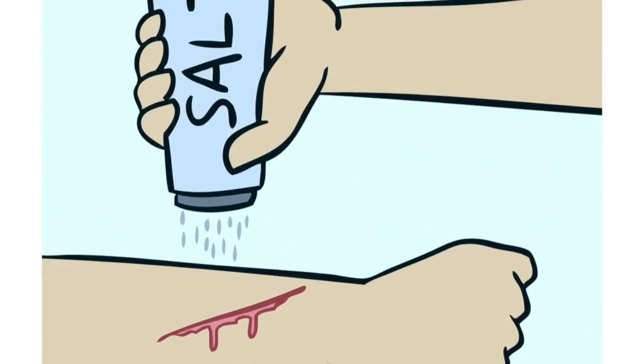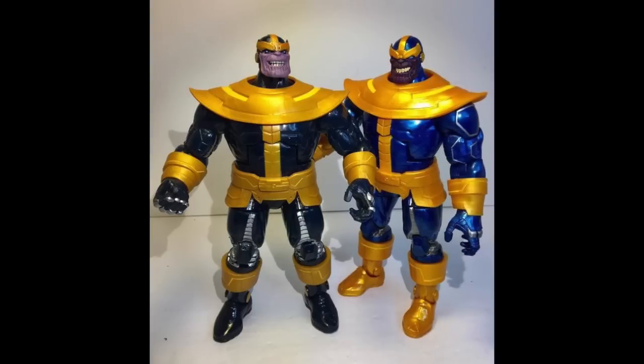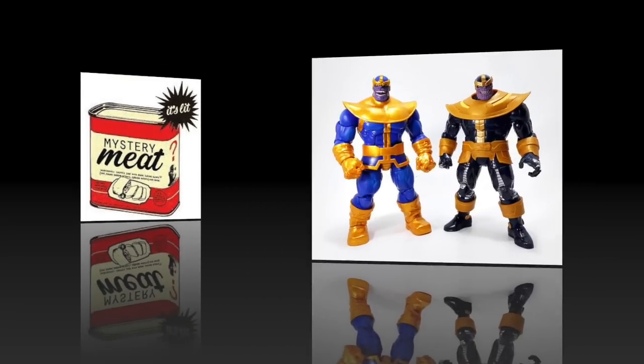But to me, this was just kind of rubbing salt in the wound, because here you were taking a modern version of the figure and coloring it to look like the classic version of the figure. And I was like, are you trying to make a bad situation worse? Because this is like no one's Thanos. It's like mystery meat. It's not the Thanos I want, and it's almost insulting,